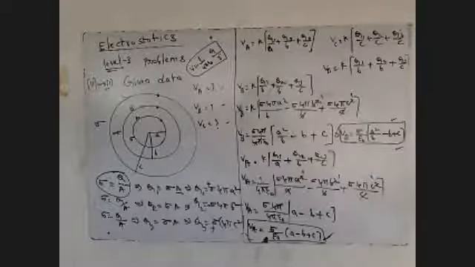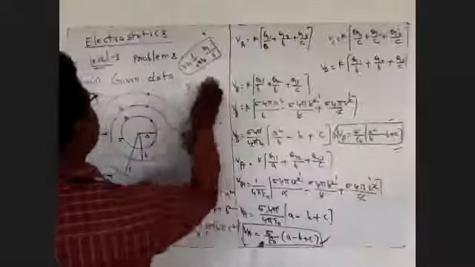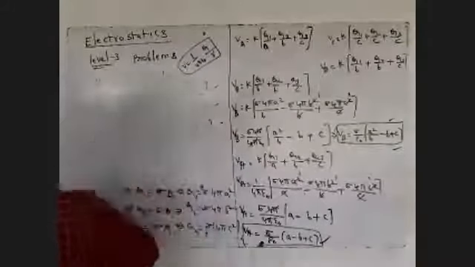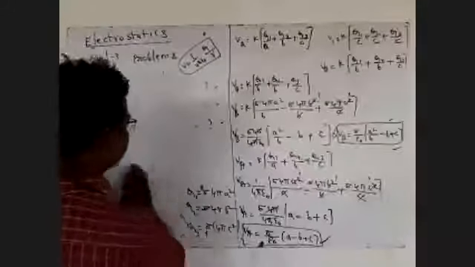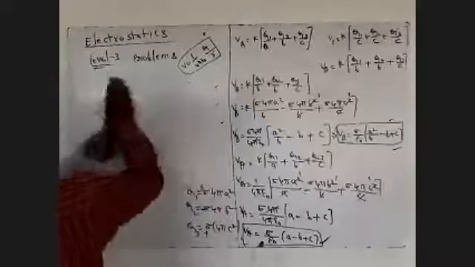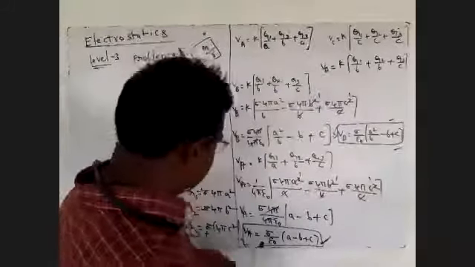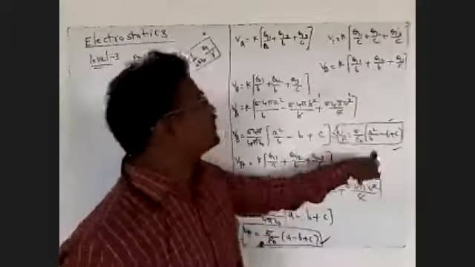Okay. So the 11th question is over. In the 11th question, we have to find out VA. How can we find out VA? We have to see. So we have to find out the VA value. How can you find out the VA value? You see that, VA value is the electric potential at point A. This is the electric potential at point B. So we are finding the electric potential at point A. How can you find the electric potential at point A?